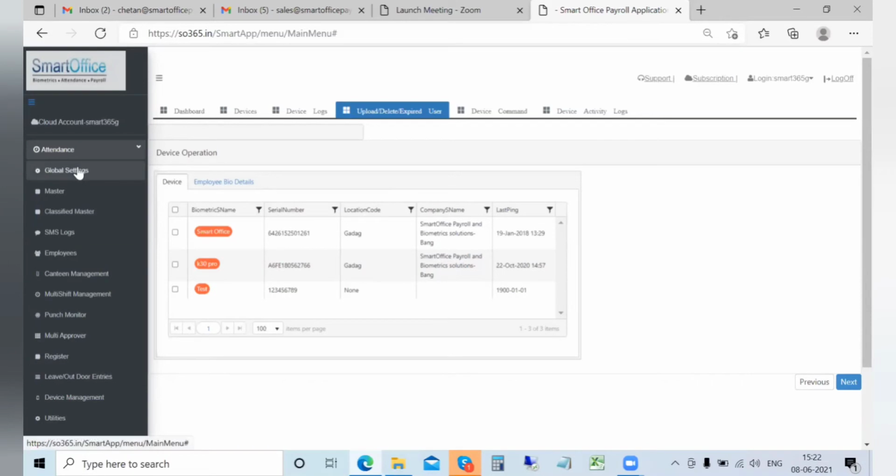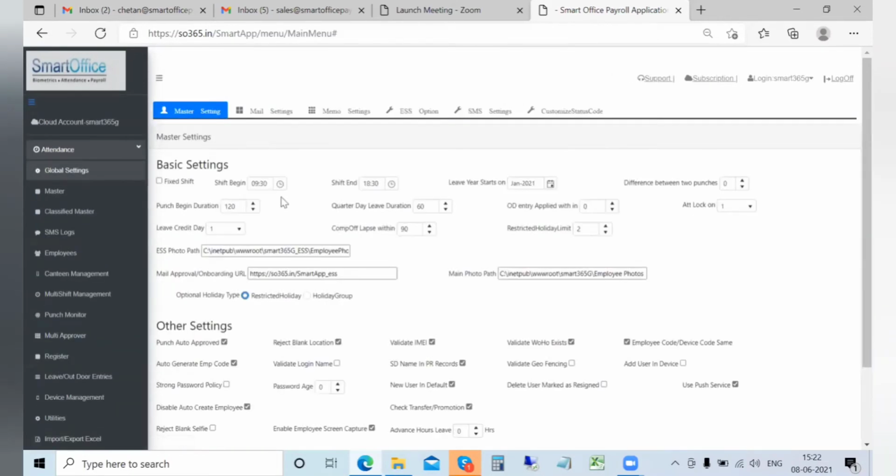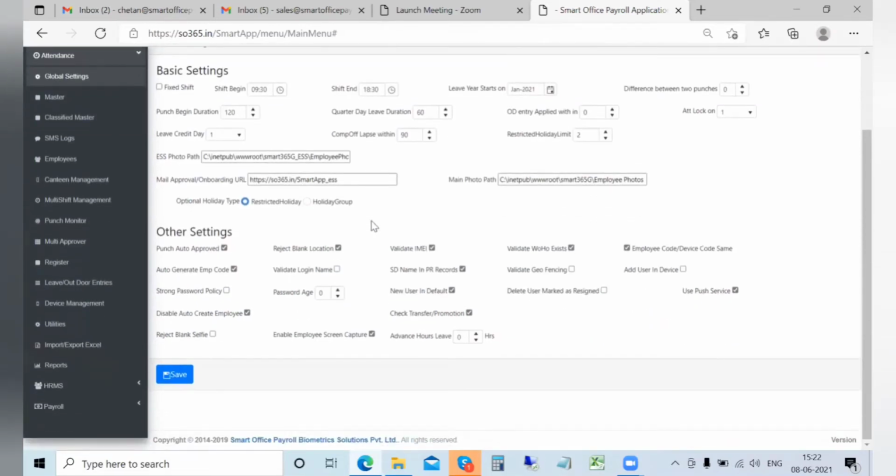Now let us understand the attendance part. What are the broad master features that are available? There are certain basic settings that are available, and other settings on the employee level, which can be set up at the master level. Some of them are like when do you want to start the punches, what would be the quarterly duration, and those kinds of things. And then how do you want the employee-specific things to be captured, as in whether any specific employees, or whether all the employees' punches should be auto captured.